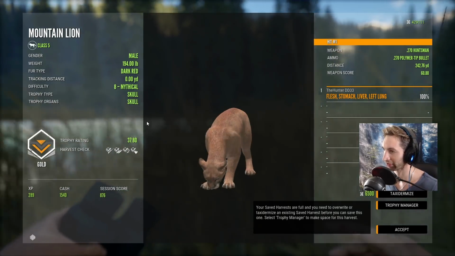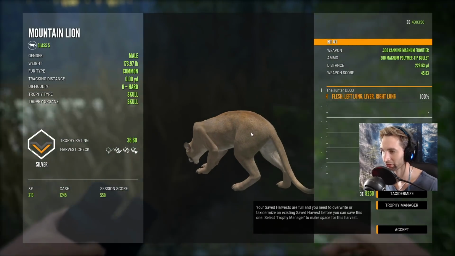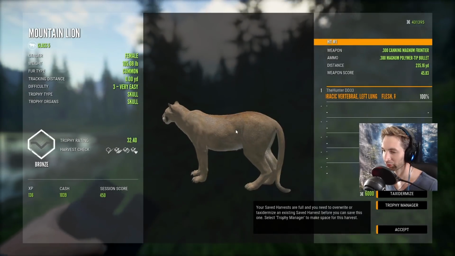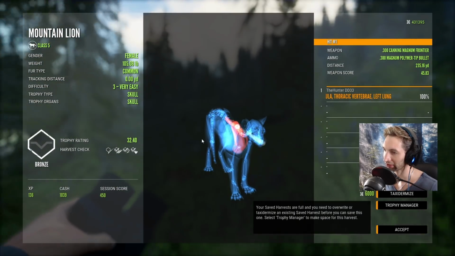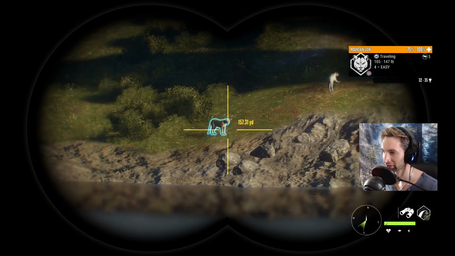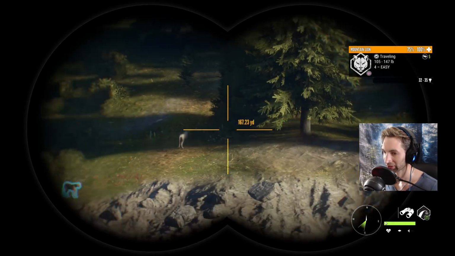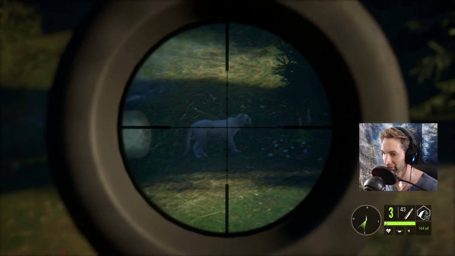37.8 gold mythical though. Here's this one, and a 36.6 ended up with double lung stomach liver. And we were right. We hit high. Vertebrae, shoulder blade, and we did catch left lung though at 235. There's a gray female and another female. So let's take down both of these before this one decides to...